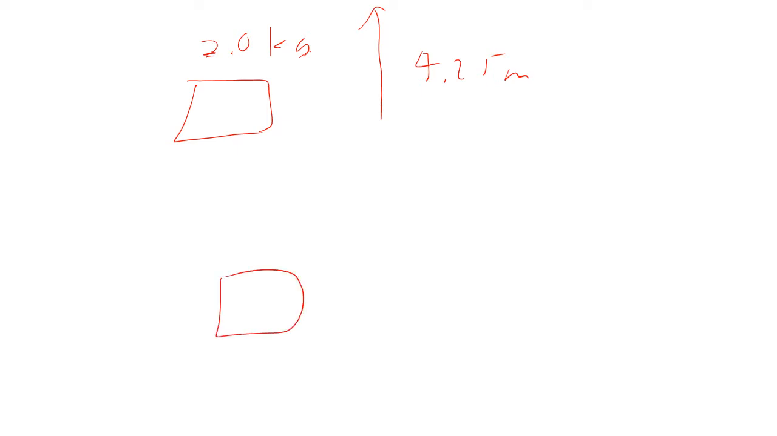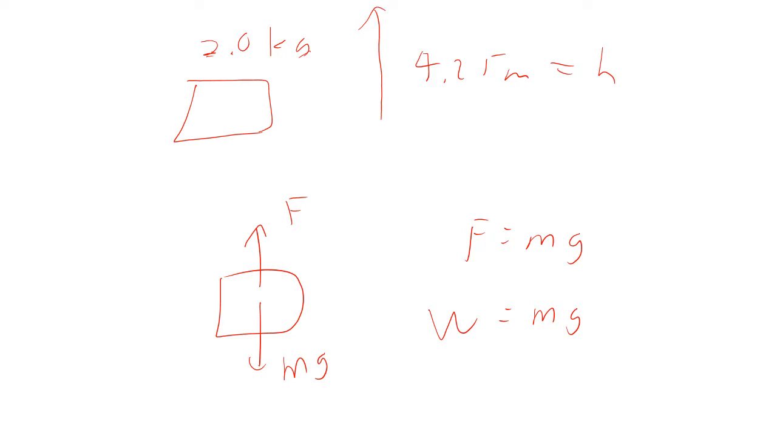Well, free body, assuming we're going at constant speed, I want to lift it. I'm going to explain why constant speed is going to be important for the next example. But if we're going at constant speed, that means we've got mg down, and this force upwards has to equal mg. Now work is going to be force times distance, so if that's the distance I lifted,